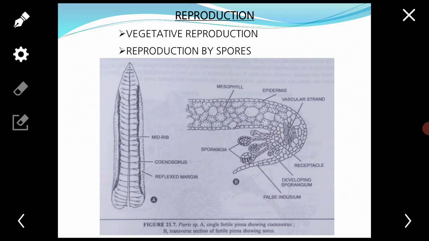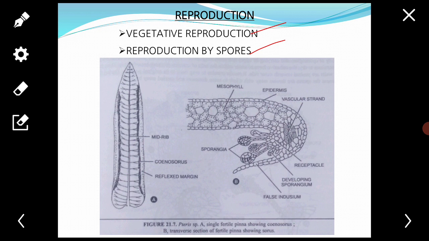Today we will study reproduction in Pteris. The reproduction in Pteris occurs in two ways. One is vegetative reproduction and the second is reproduction by spores. In vegetative reproduction